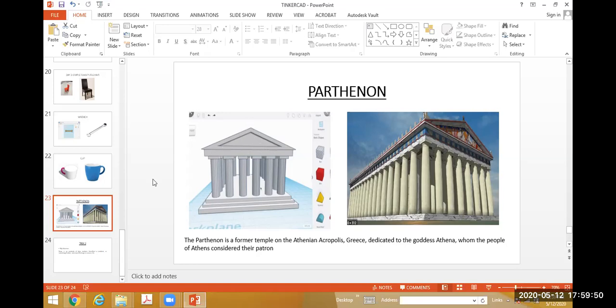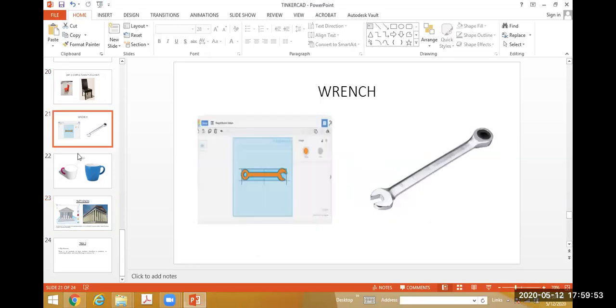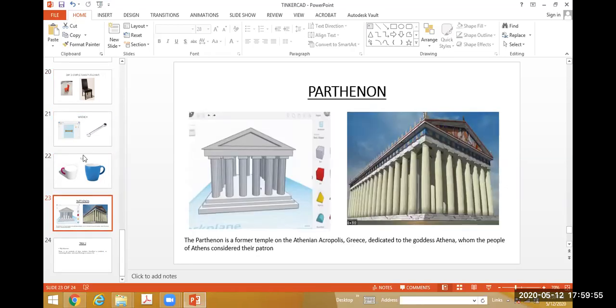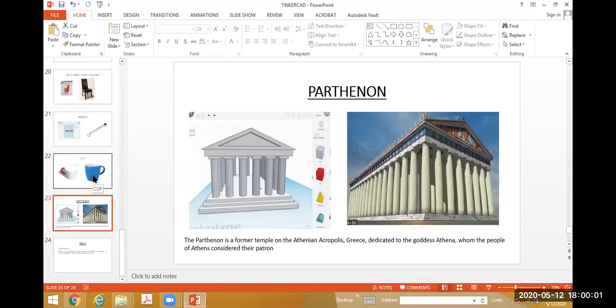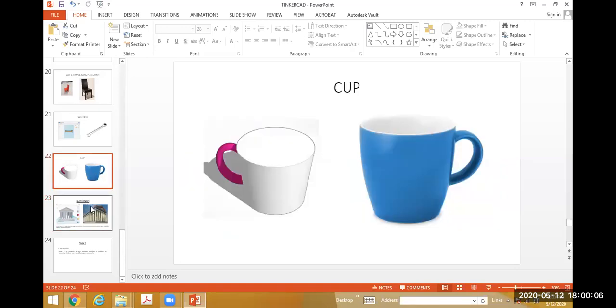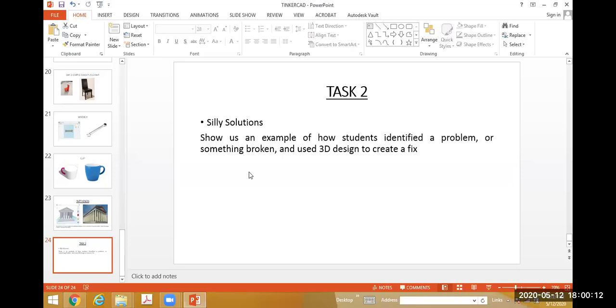So you just try all these. I will post all these 4 problems in Google Classroom. You have to try this cup and Parthenon. So this is actually not needed. If you have time, you can complete it. Otherwise, I will explain these 2 examples also tomorrow. Okay, cup and Parthenon. So I will wind up my session.